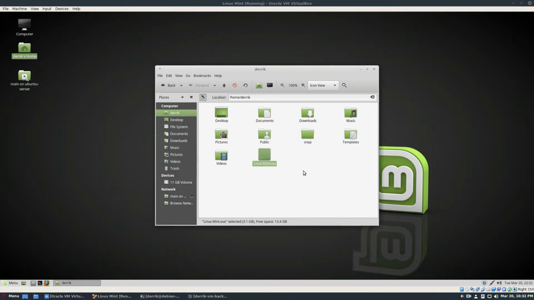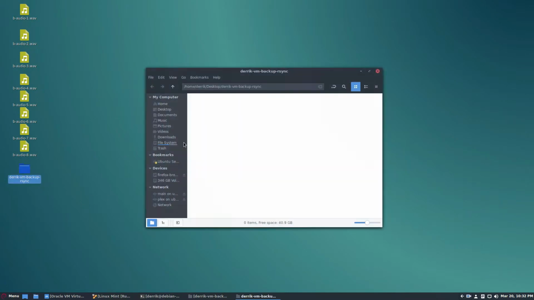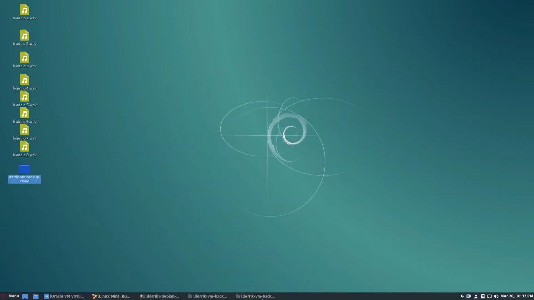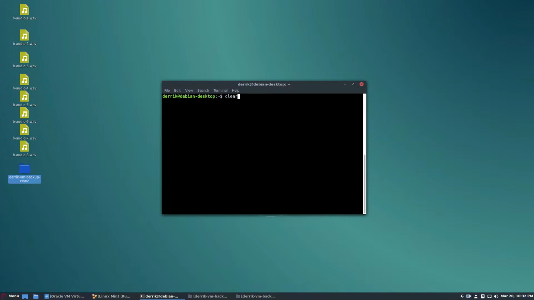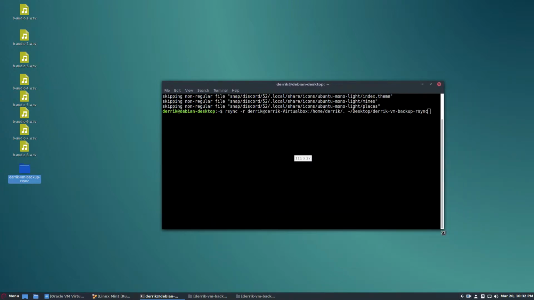So I've copied over the Linux Mint OVA file, which is the virtual machine backup of this here. The next step is to just run the rsync command, and then I will be able to get the file and everything in the home folder. And so I have this rsync command already written out,